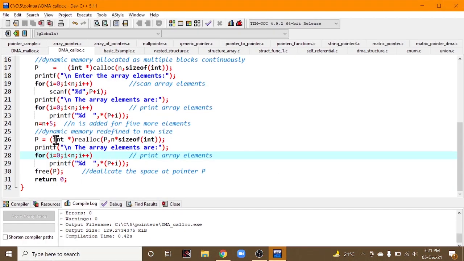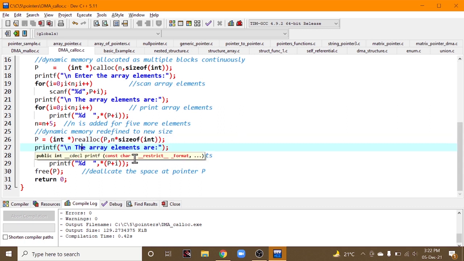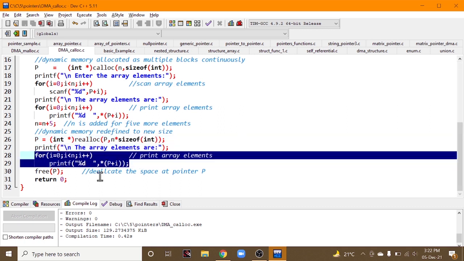So what is the use of realloc? We have explicitly given here to increase the space in order to add 5 more elements. And we are using here the realloc function, that is p comma n star sizeof your array, and the array elements are being printed here.